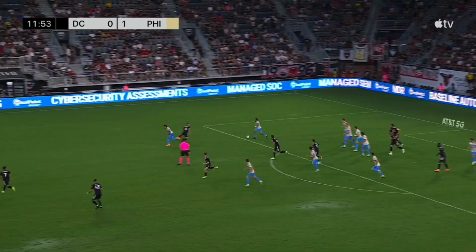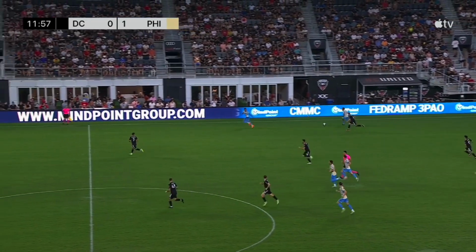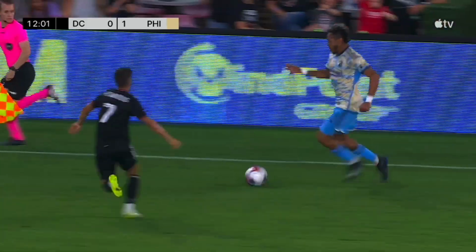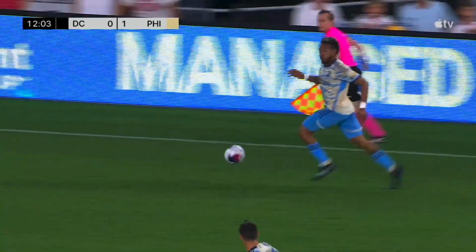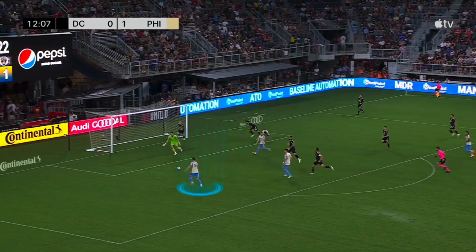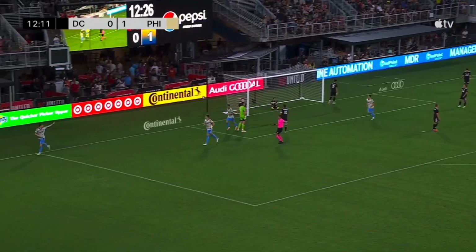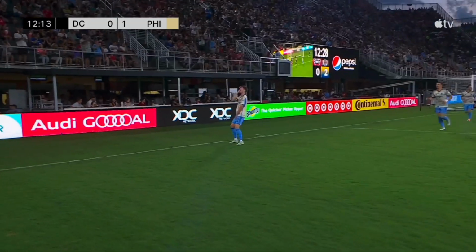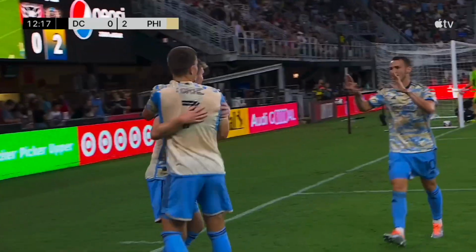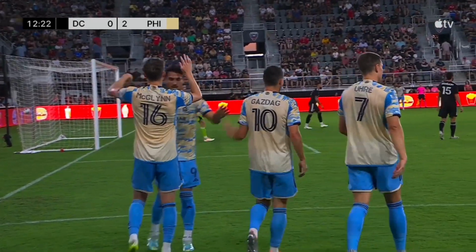And now the Union are going to break with Jose Martinez, who skips past one defender. And DC do a good job to actually get numbers back here, but poor challenge by Pedro Santos right there. Jose Martinez goes right by him. Jack McGlynn coming in, and Julian Carranza lays it off, and terrific finish there by Jack McGlynn. Like I mentioned, this is your typical Philadelphia Union counterattack here, and we haven't seen this often enough this season